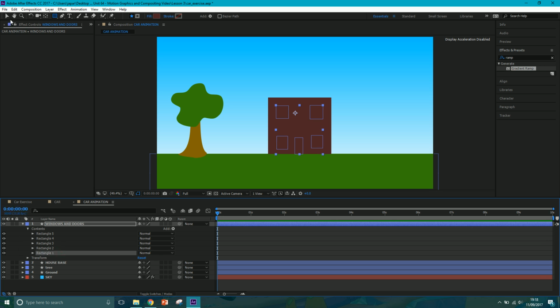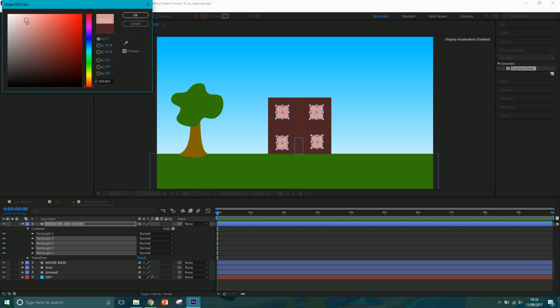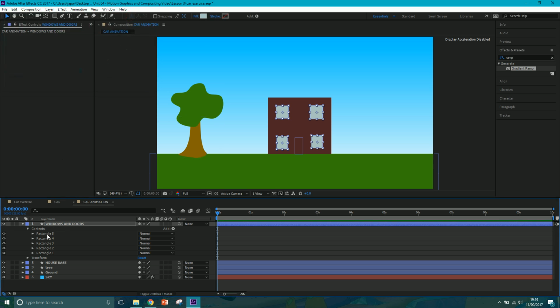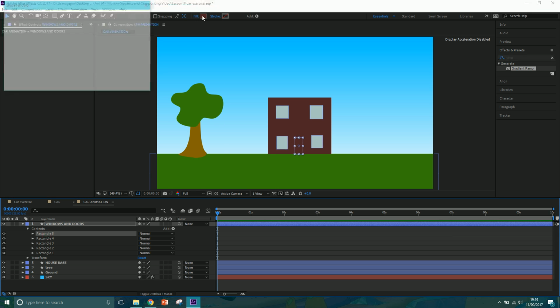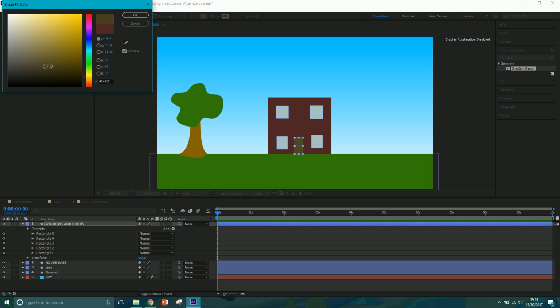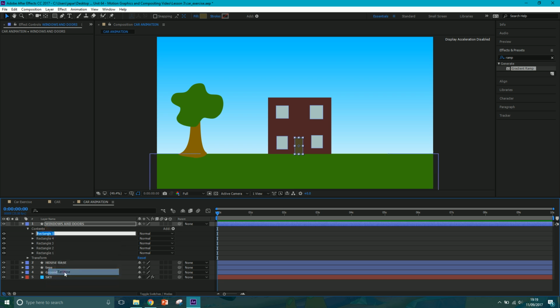So we can select individually rectangle 1, 2, 3, 4, 5. So we want the first 4, so shift select the first 4, and we can change the fill of these to a sort of whitish silvery kind of look, or maybe add a hint of blue in there so it's reflecting the sky. Then get rectangle 5, which is the door, and change that to maybe a sort of greyish brown. There you go. And I just want to quickly rename door. Right click, rename window,